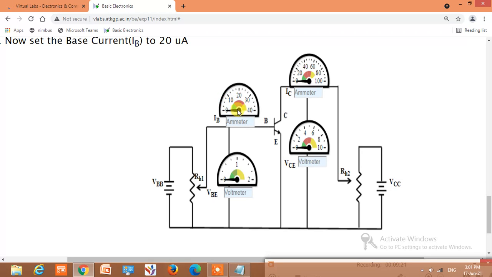Keep the input current constant at 10 microamperes, vary VCE and measure IC. You have to vary VCE in steps of 1 volt. Increase VCE in steps of 1 volt, measure IC, and then plot the readings. This variation is achieved by varying this potentiometer RH2.